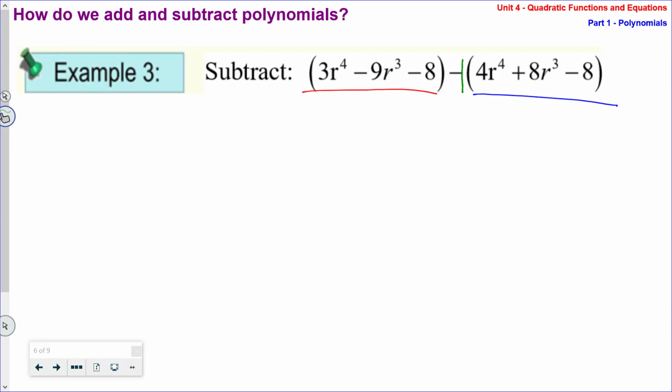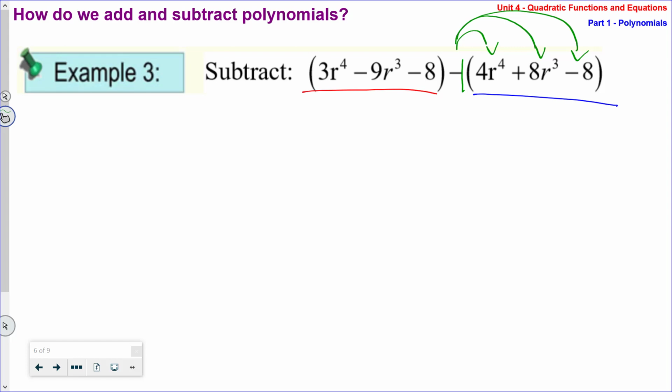You follow? So when you have a negative, in order to get rid of these parentheses, you have to distribute the negative 1 to every single term. Please make a mental note, write that down, because this is something you will see on the test, and I don't want you to make an error here. When there's a negative in between the two polynomials, distribute the negative 1 to every single term